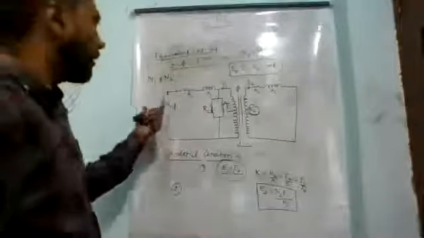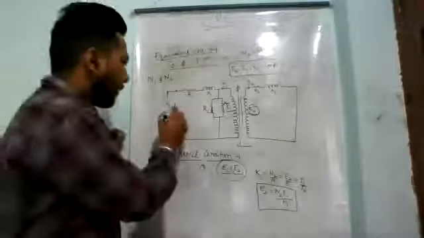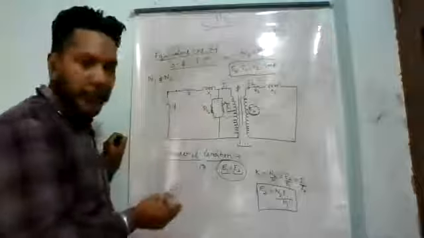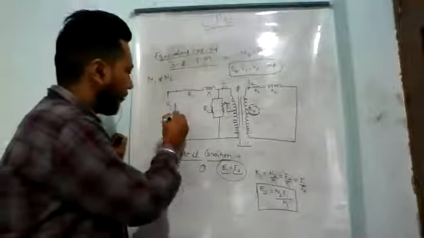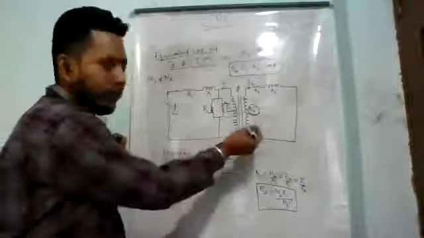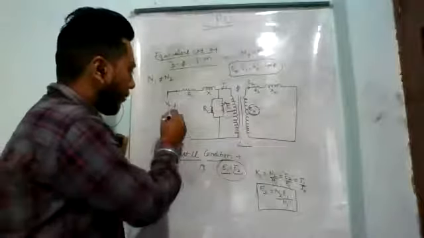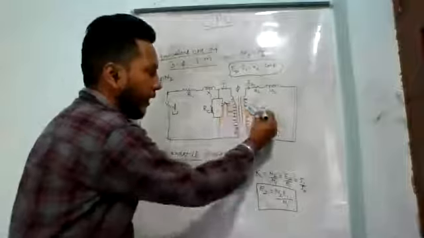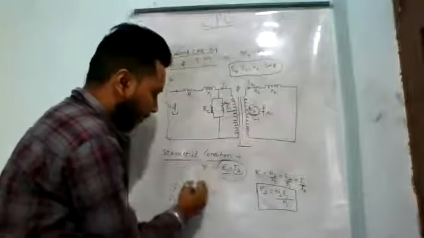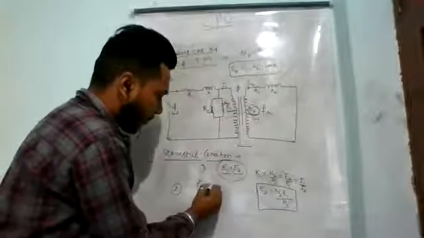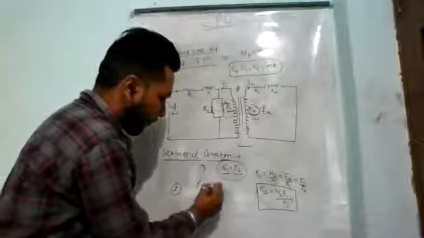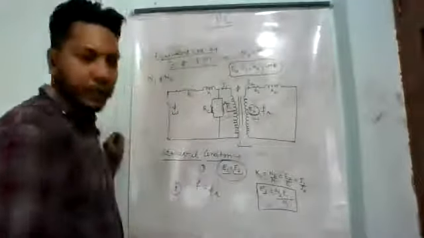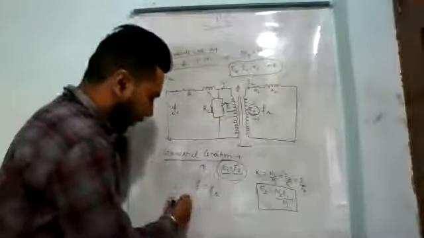Second is frequency. When we give the supply to the three-phase induction motor with frequency f, because the rotor does not rotate at standstill condition, this frequency is the same as the rotor frequency. Here fr is the rotor frequency; because at standstill the rotor does not rotate, the supply frequency is equal to the rotor frequency.